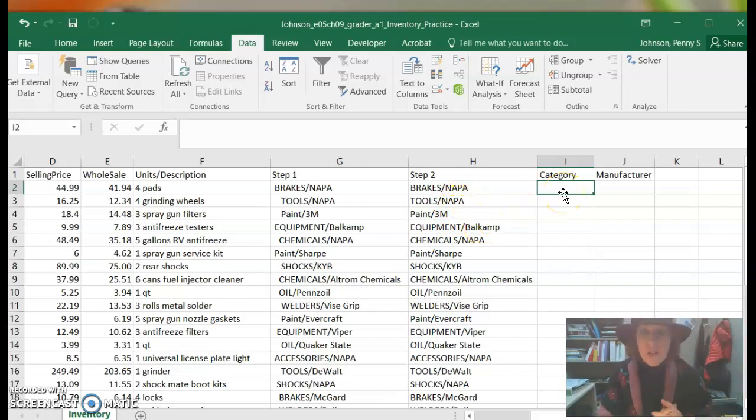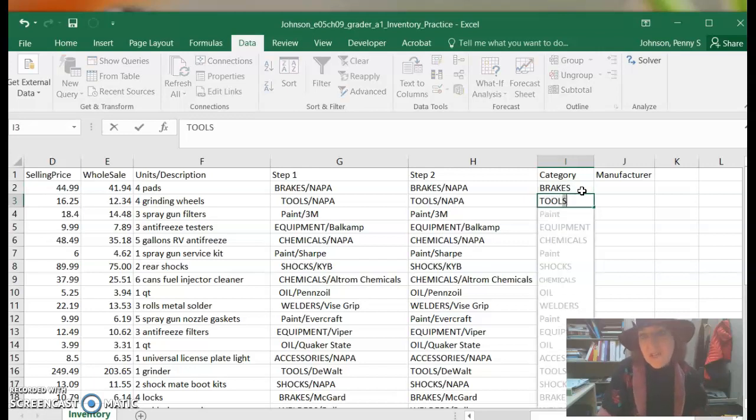All right, so we're just going to start with the category, and I'm going to type it in column I as it appears. So uppercase and lowercase as it appears in column H. So I'm going to go ahead and get started with brakes and enter. And then I'm going to type tools. And then right here, before I finish the word tools, before I press the enter key, I can see